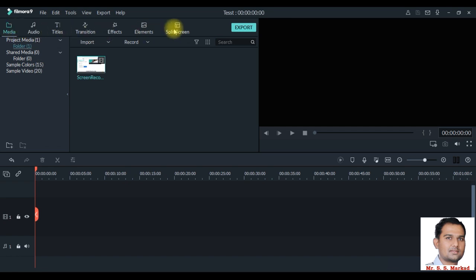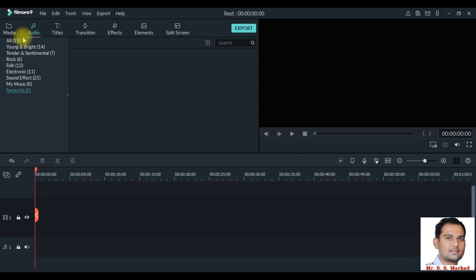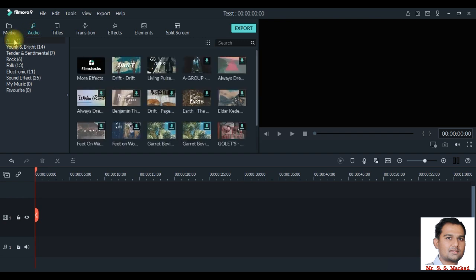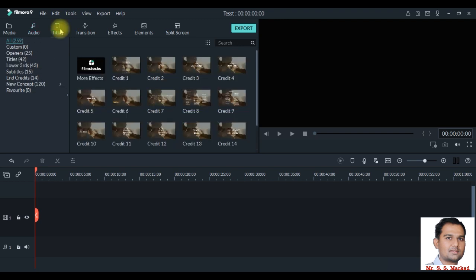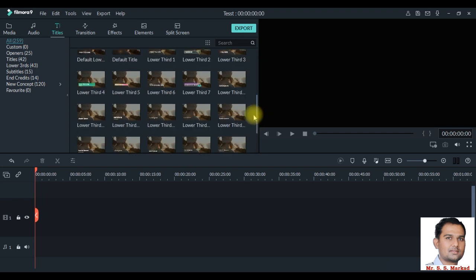Then there are different options or effects available on the media section. This is audio tab. This has different audio files or audio media available. Some of the media is available and some needs to be downloaded. This media with download arrow needs to be downloaded for use. Then all the media files or audio files are categorized in different folders. Then this is title tab, wherein different credit or title slides or title videos can be added to give credit and titles in the video.